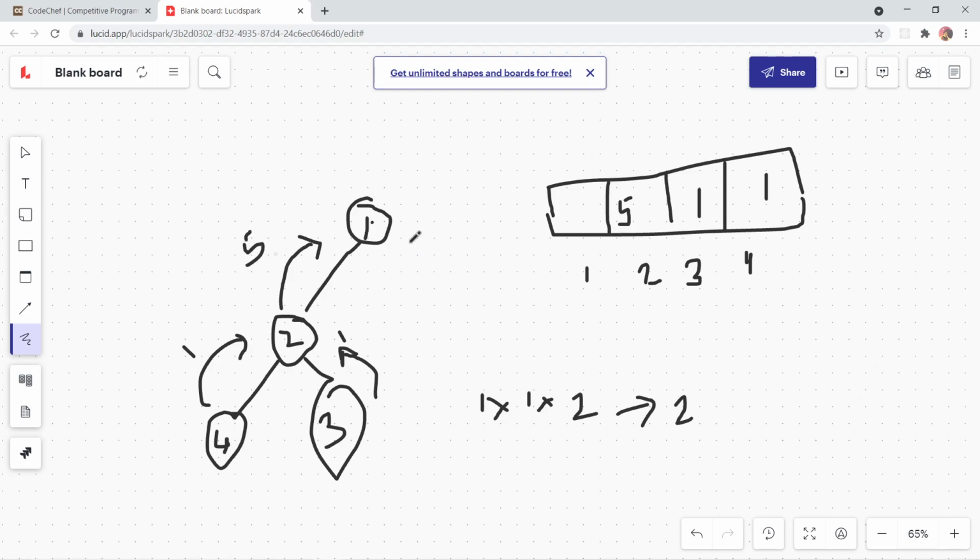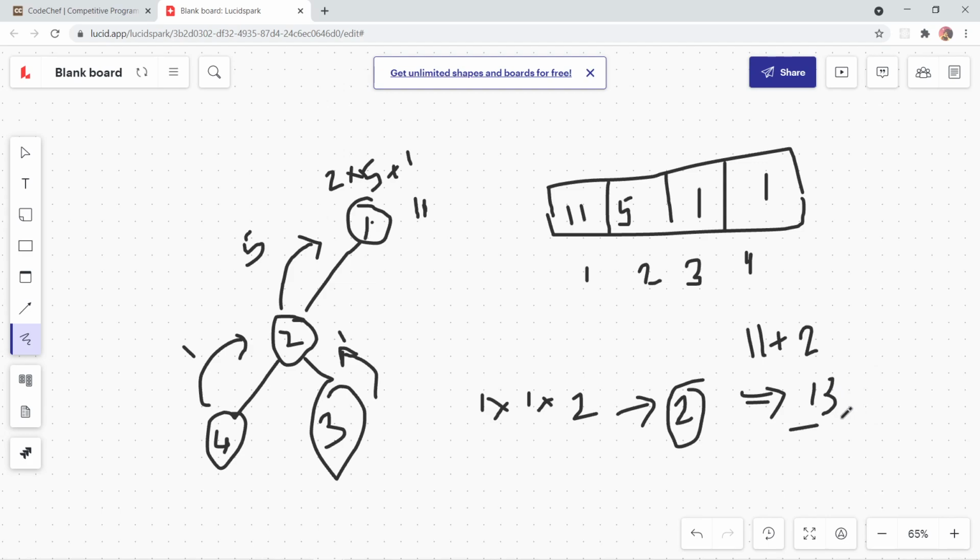This is returning 5. How many simple paths can I make? Double this up, 2 into 5 plus 1 itself, which is 11. So I can make 11. 1 is going to say I can make 11. Everything is finished. I'm going to return 11 plus the intermediate parts, which is 2. 11 plus 2 gives me 13 as an answer.